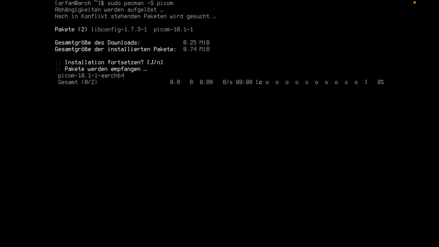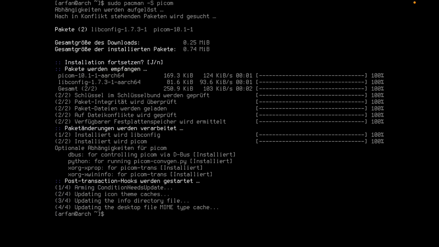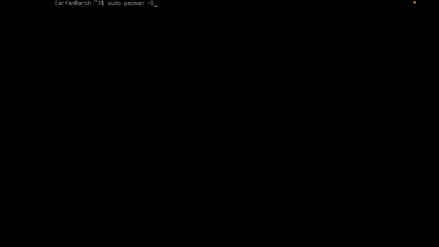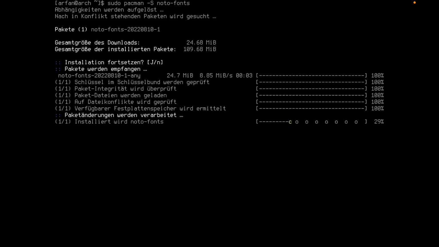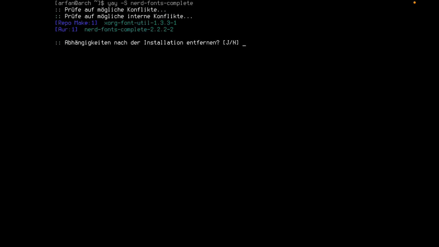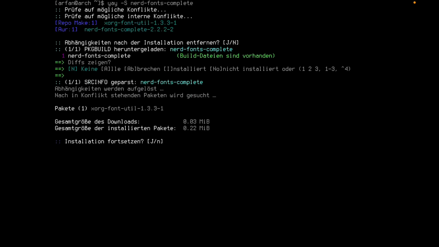Then we also need a compositor, and this allows you to have fancy effects, you know, transparency and stuff like that. Picom, and of course we will need fonts. So pacman noto-fonts. Okay, and then the second one will be nerd fonts complete, and you will need nerd fonts for some symbols and icons you don't have in your normal font. So yay nerd-fonts-complete, enter, enter, enter,